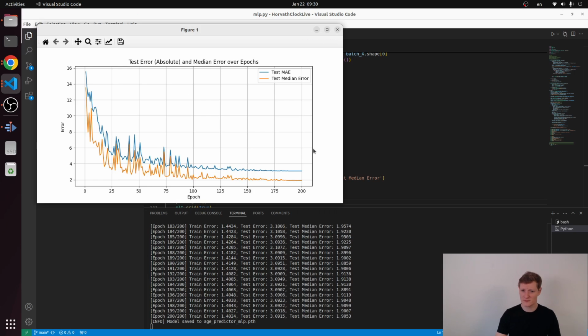And here with our graph, and that looks really good. So we have a small error at the end. Our median error is about 1.9. Now, of course, the question is, okay, what was Horvath's error? If 1.9 is fairly good, if I can predict someone's age with an accuracy of 1.9 years, that's a